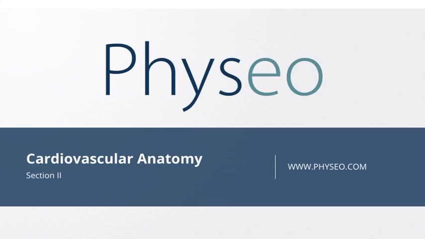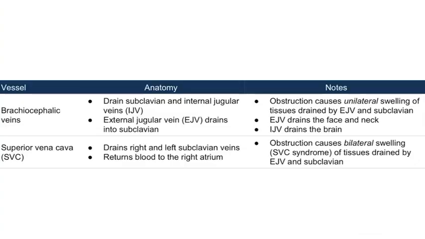Welcome to Section 2 of cardiovascular anatomy. In this section, we will discuss the veins of the upper part of the body, including the head, neck, and upper limbs. The upper body veins you need to know for Step 1 are pretty straightforward. You basically need to be familiar with the major branches of the brachiocephalic veins and the superior vena cava, or